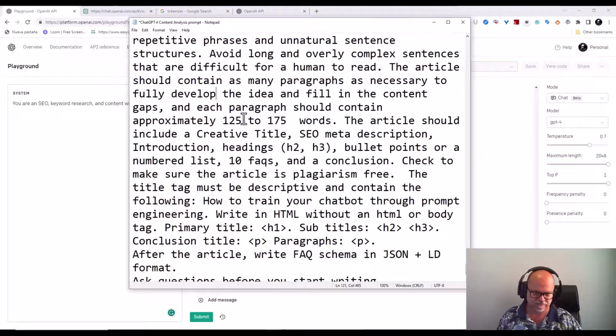You can play with this number. If all of your articles are approximately 150 to 155 words per paragraph, you're leaving a footprint that could be detectable. So maybe you do 127 to 179, whatever, approximately. I like odd numbers for whatever reason.